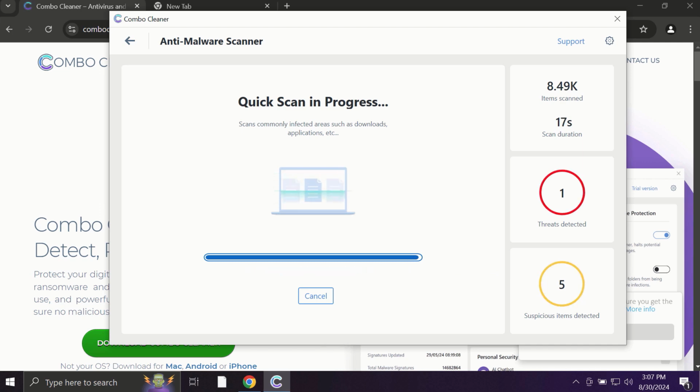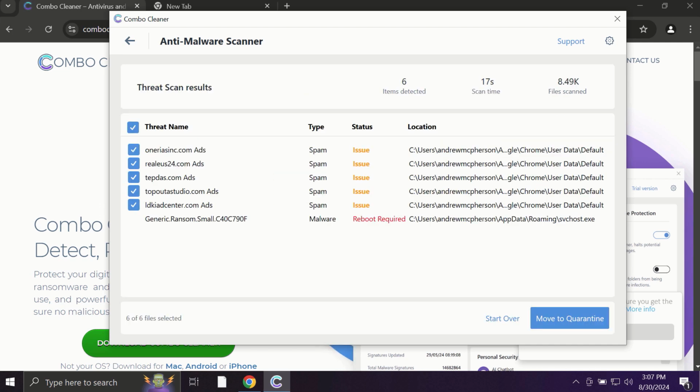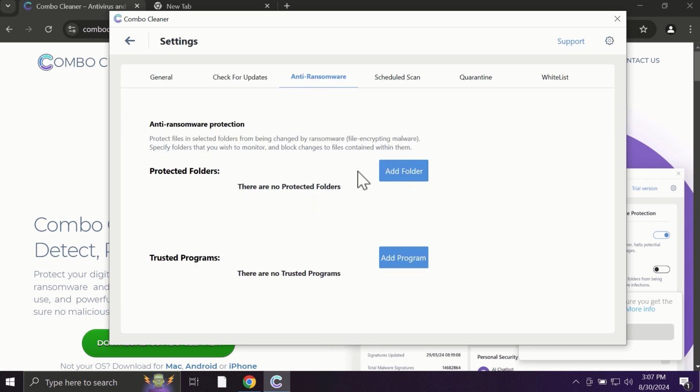Finally, at the end of the scanning, you will see the full summary of all the infections which were found on your system. Based on the summary of threats, you'll be able to know the information about the locations of threats. Some threats can be removed manually, but definitely I recommend you to consider upgrading to the premium license. With the premium license, for instance, there is an excellent anti-ransomware feature which helps to always keep your data protected. You can add certain folders on your system, and the contents of these folders will be always under the protection